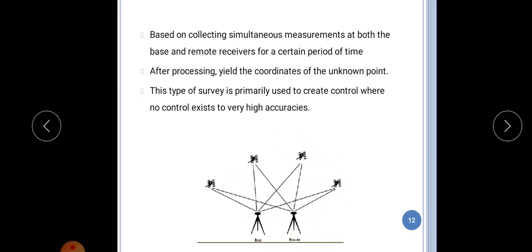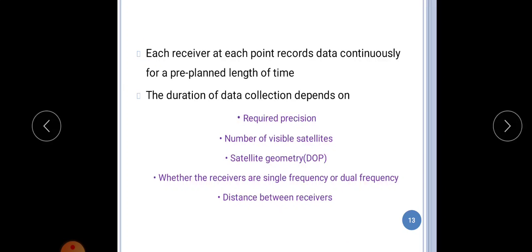That is, here we are using this surveying technique to create control. Here we can locate the unknown point relative to this known point. So there is a control over the surveying technique. Each receiver at each point records data continuously for a pre-planned length of time. For a pre-planned length of time these receivers will be collecting the details from the satellites, and the duration